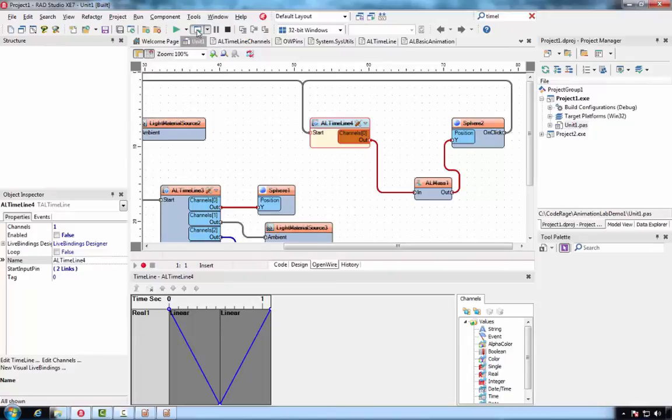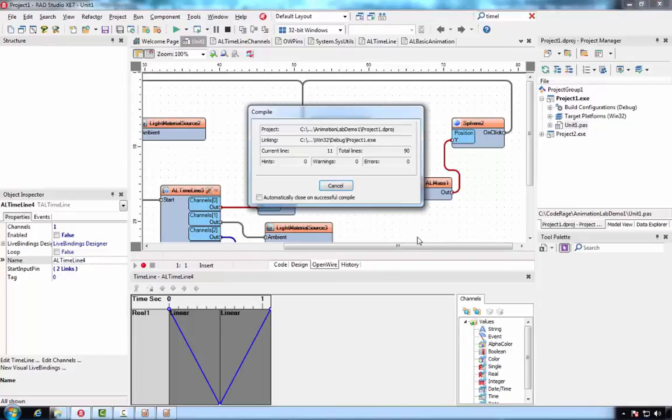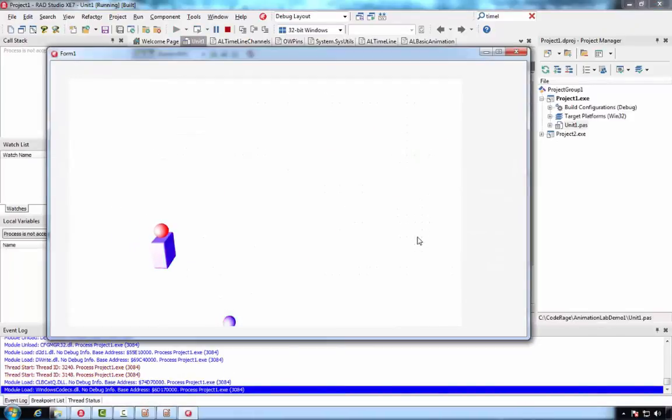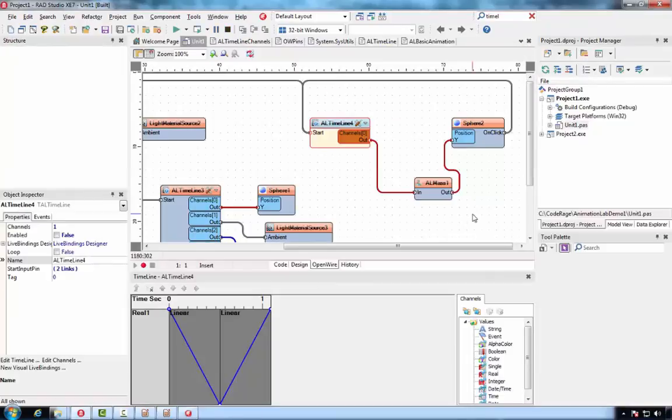Let's run the application. And you can see that now the animation has mass and wobbles. This is how you can add additional effects to your animations.